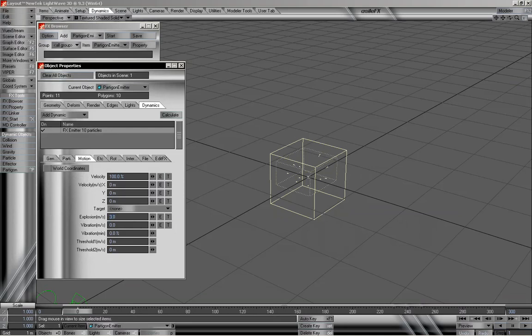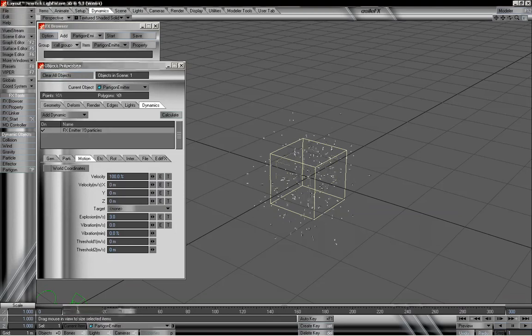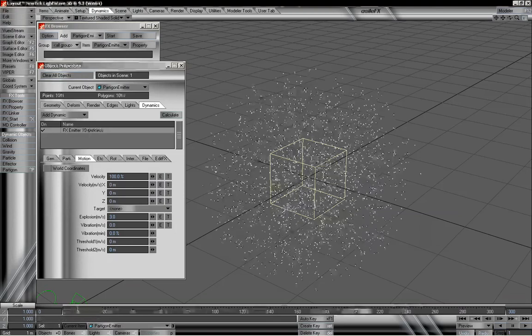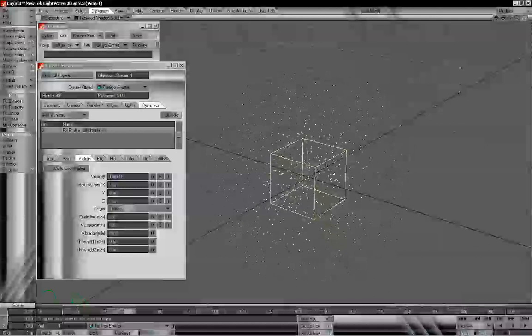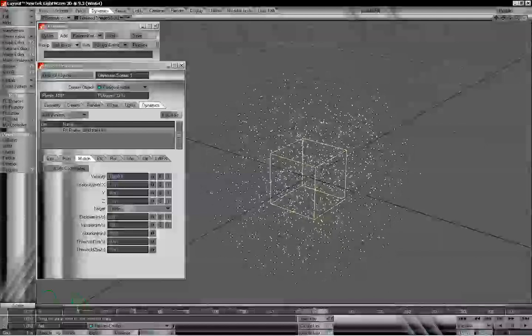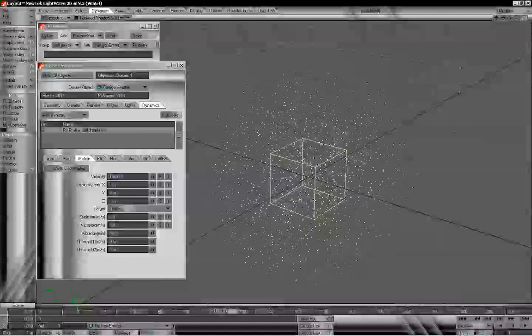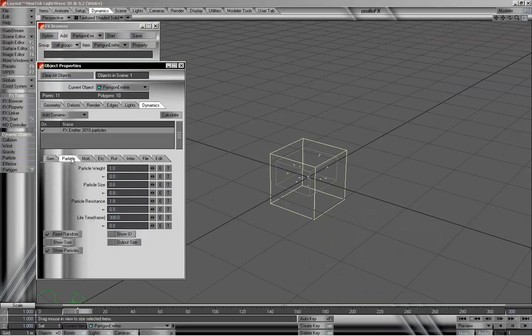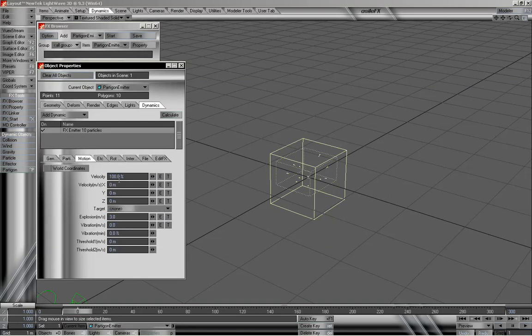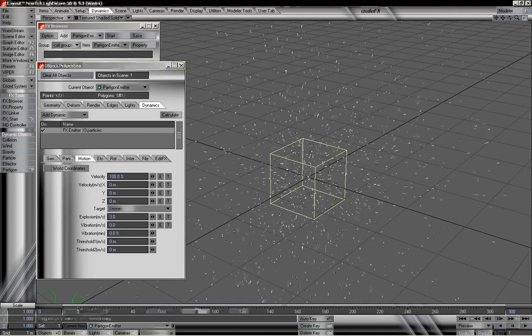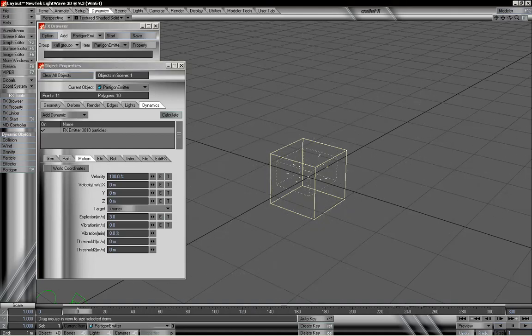Go ahead and set that to 3, and what we're going to see is our particles expanding outward from our central generator. Go back to particle resistance, and I'm going to reduce this to 0 so that we can have a continuous amount of particles flowing, and that way they won't slow down,